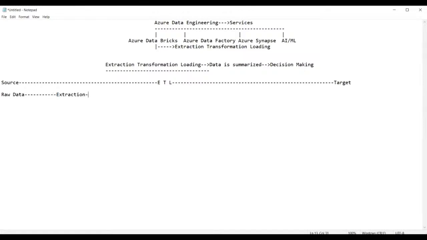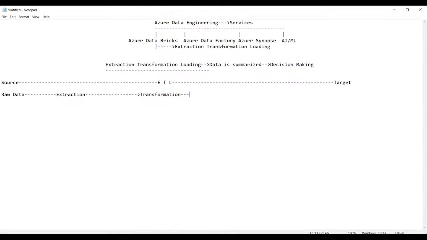Extraction means picking up the data. After this process of extraction is done, the process of transformation is implemented. Transformation is the actual process where the data is converted into the format required by the customer.